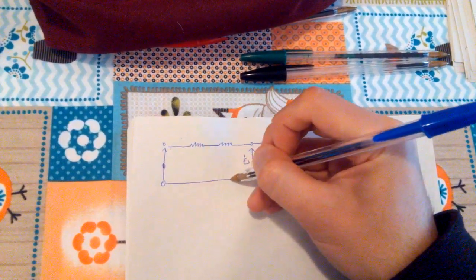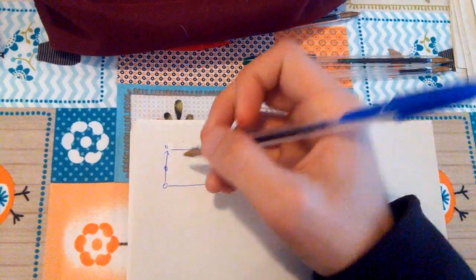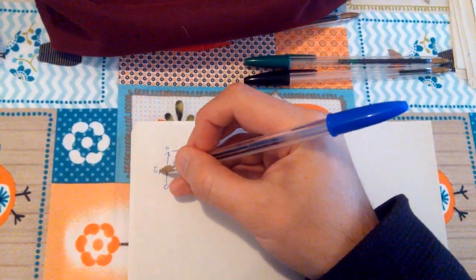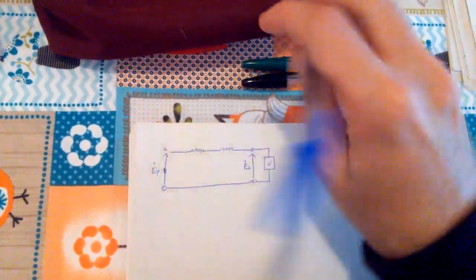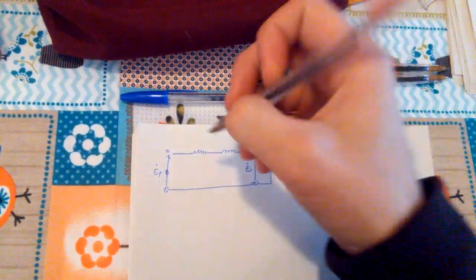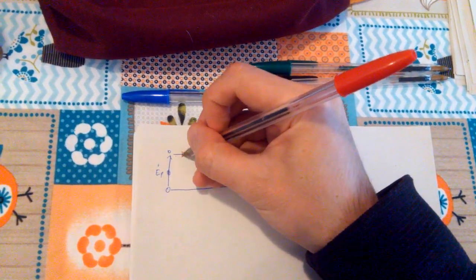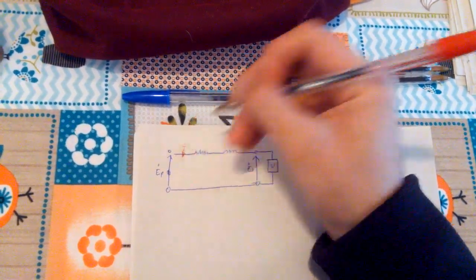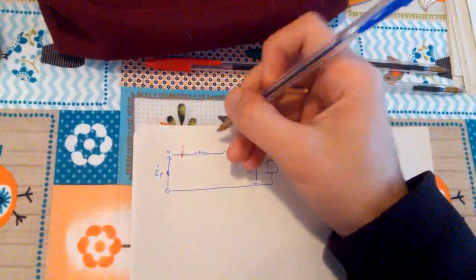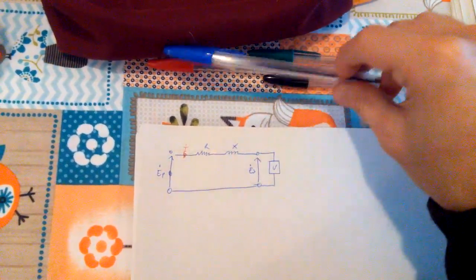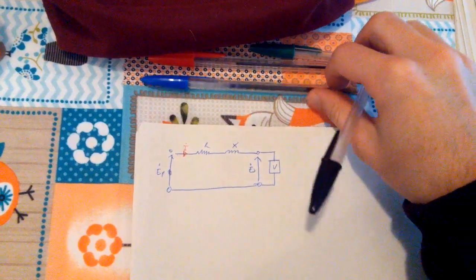And here at the bottom everything is going to be connected, and this one is going to be my EP. I'm going to define this current as I. This is my R, this is my X, and the problem is saying